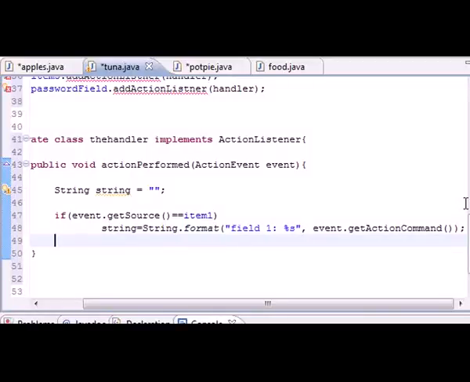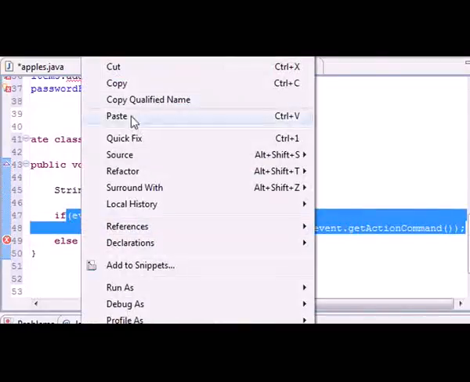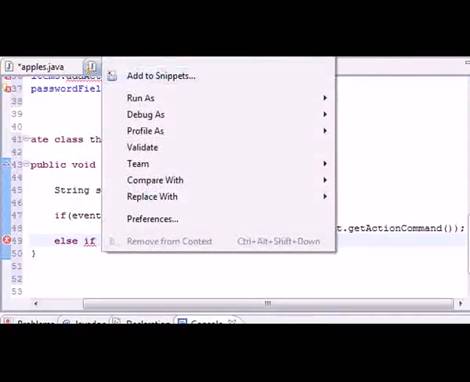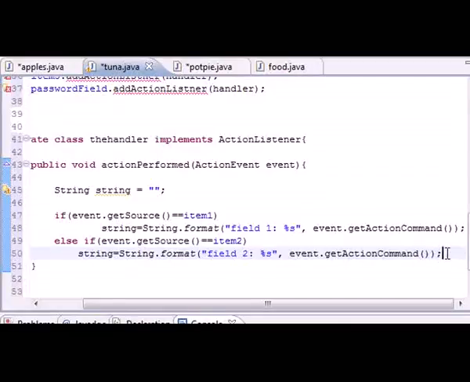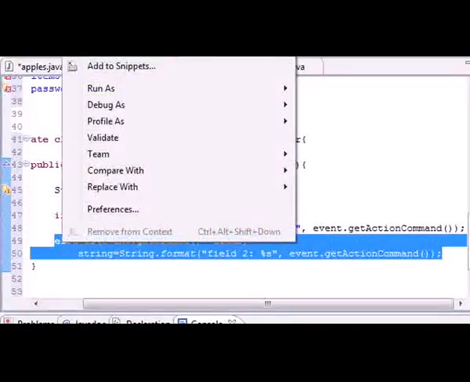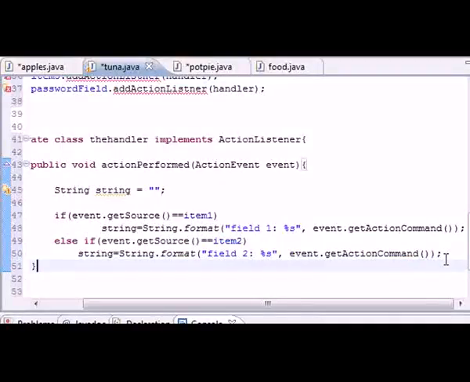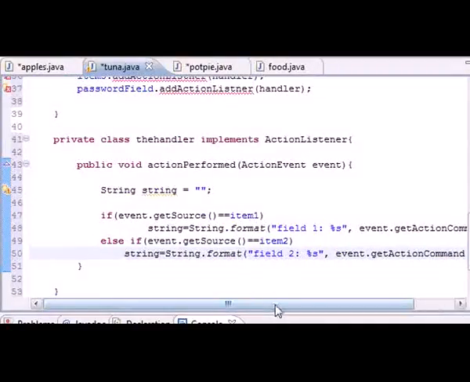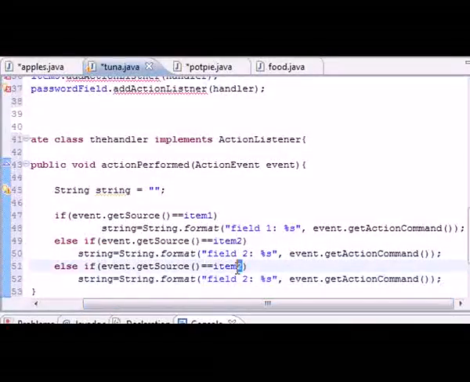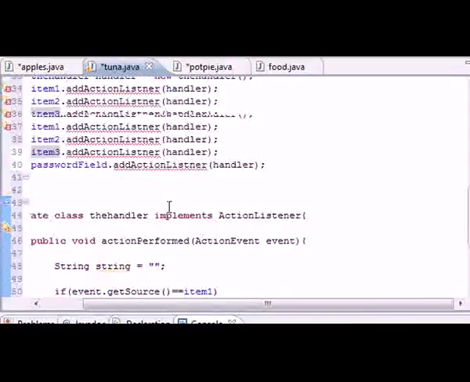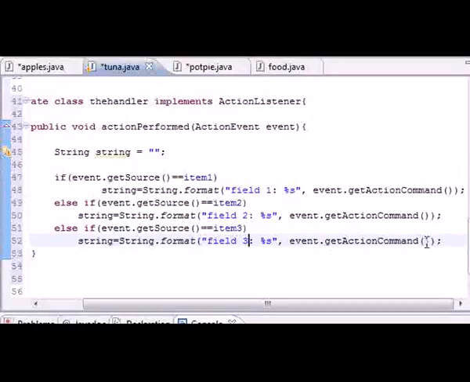The next thing we're going to do is build 3 else ifs. So else if, and just go ahead and copy this, paste, in event 2, field 2, and we'll get the action command for that. Now let's go ahead and just copy this one more time. Copy. Make sure my cursor's in the right spot. Oh, cool, it's messing up. Cool. And paste. If event getSource equals item 3, then we just want to output field 3 equals that. And now what we want to do lastly is put else if,